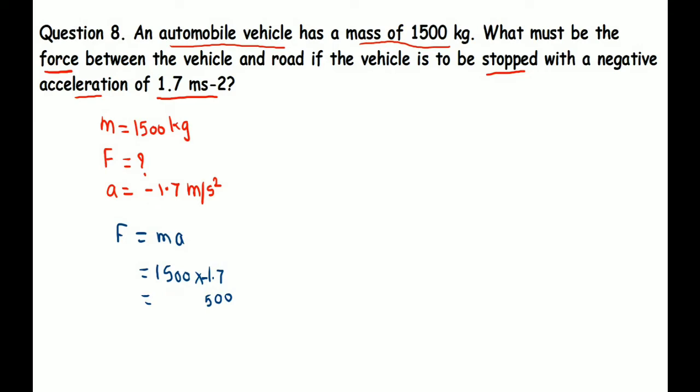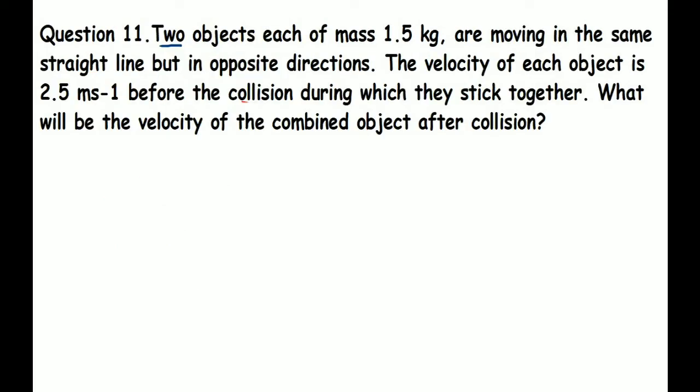Am I correct? So placing that over there, what do we need to do after that? We need to place the decimal at the right place, after one digit from the back. Okay student, see over here. So what will be the force? F is equal to minus 255 Newton. Now question number 9 and 10 over here I have not solved, because student, it was very small.